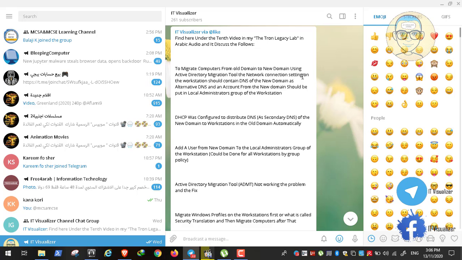So we will open the network connection setting of this workstation and add the DNS of our new domain to be the alternative DNS. This is the first step to migrate it from the old domain to the new domain using the Active Directory Migration Tool. So before working with the tool and migrating the computer, you need to put in the network connection setting the DNS of the new domain as an alternative DNS. And not only this, you need to go to the local administrators group in this workstation and add an account from the new domain to be in this local administrators group in this